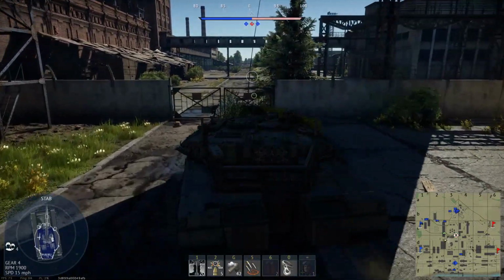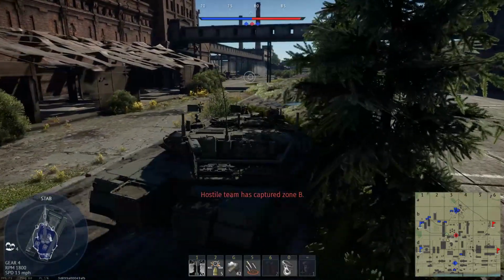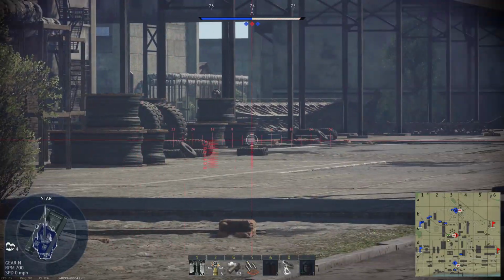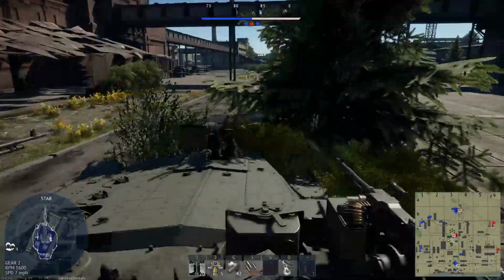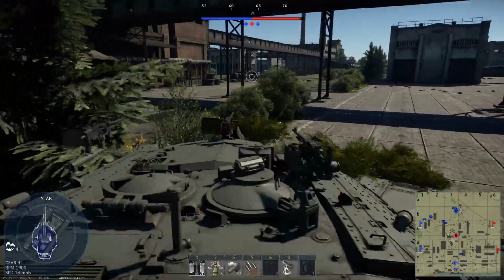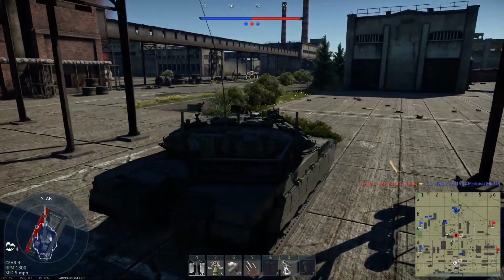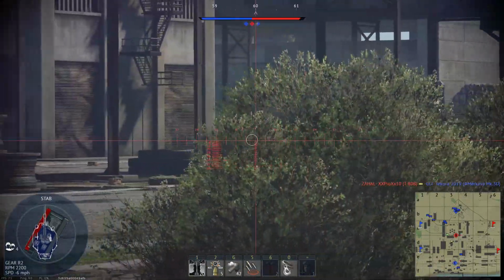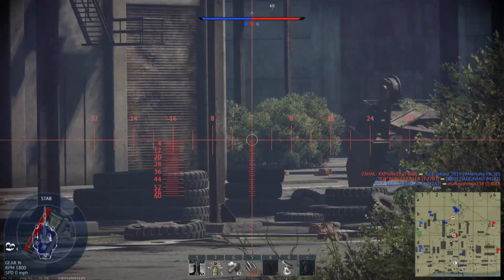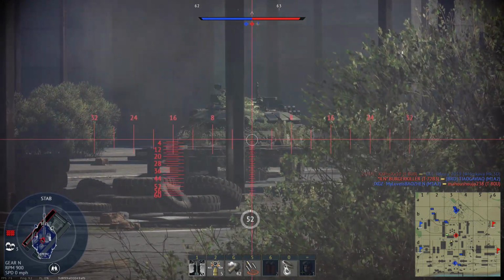The Ariete has that amount of penetration, yes, but the main thing you're going to end up fighting is Russians and a few Italians here and there, but most of the teams are going to consist of Russia. And on the ally side, you're going to end up having America, Britain, Japan at high tier. But I'd rather have a Merkava alive instead of a full team of people who have never played top tier before get shot one time and they're done. So this guy right here,